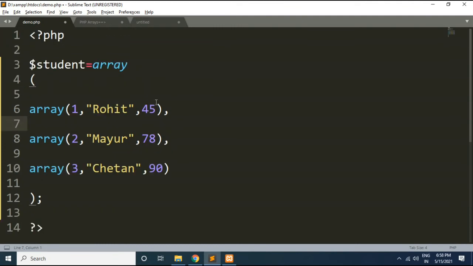Now see the structure here. This is our main array, ending with the closing of the array function, which I will write here. Now within this main array we have this first sub array 1. In the same way we have sub array 2, and here we have sub array 3.